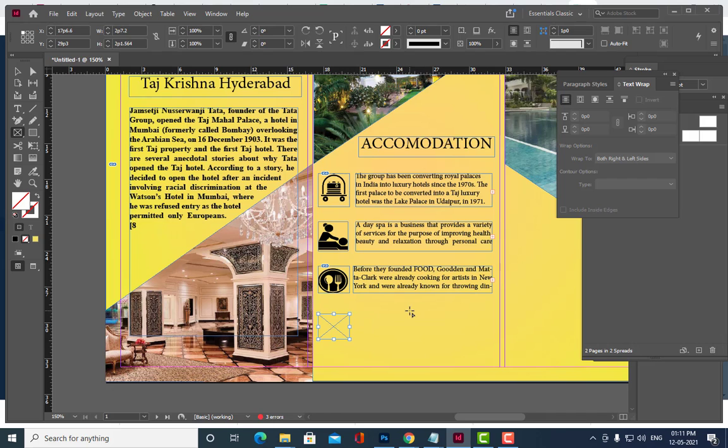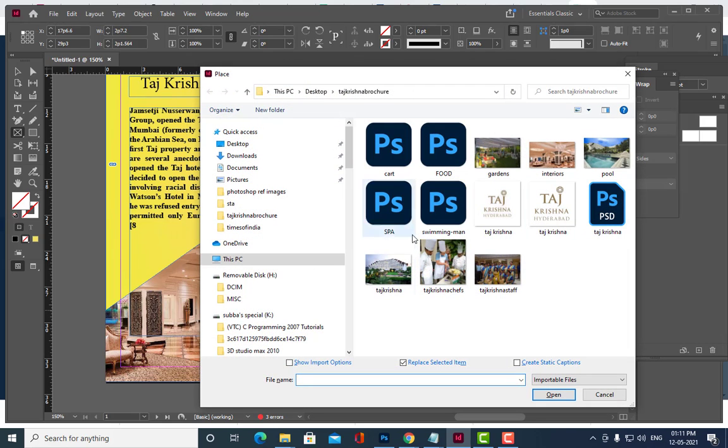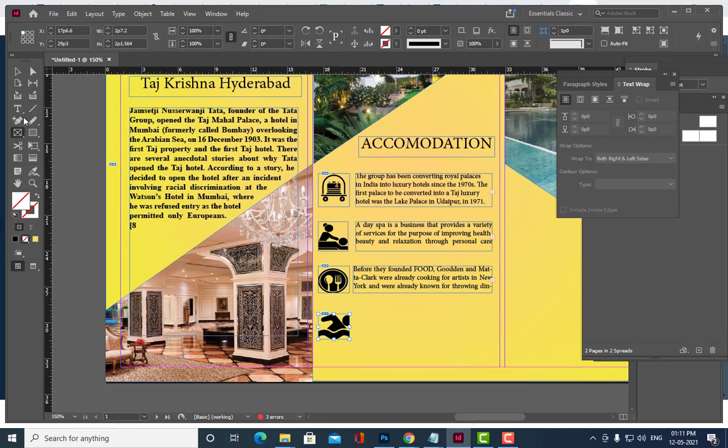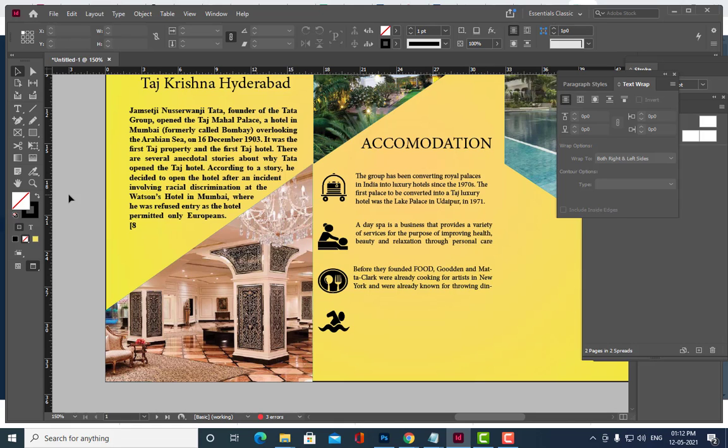So we'll put this swimming pool, right, and so how to adjust. Okay, try to adjust it properly, like this.